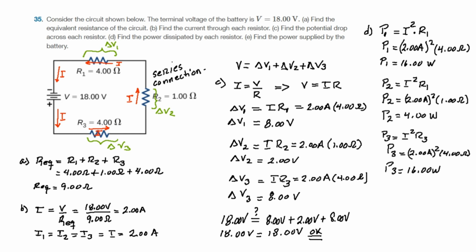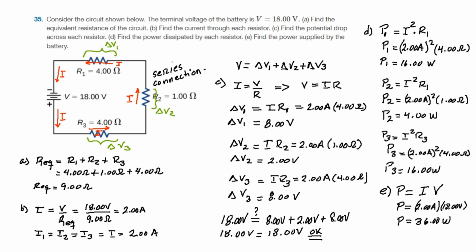Finally, they say find the power supplied by the battery. The power supplied by the battery will be equal to the product of the current times the voltage of the battery. So this power will be the current of 2 amperes times the voltage of 18 volts. So the power is 36